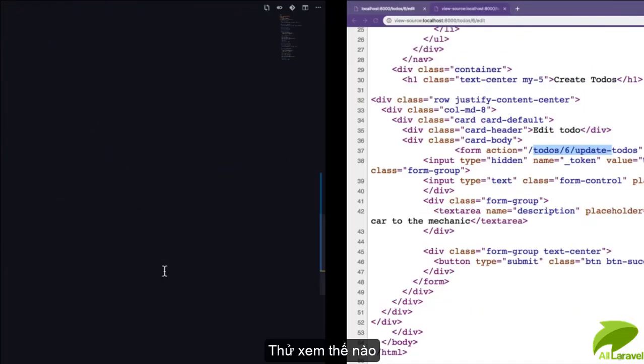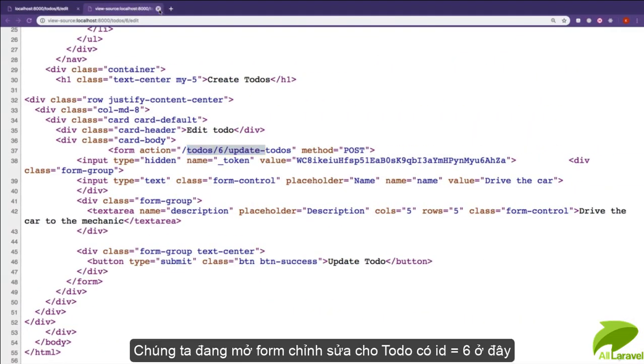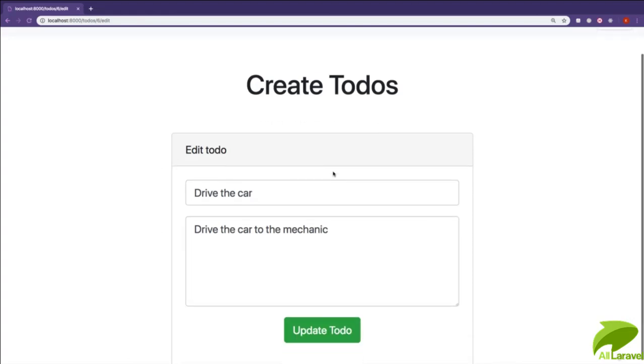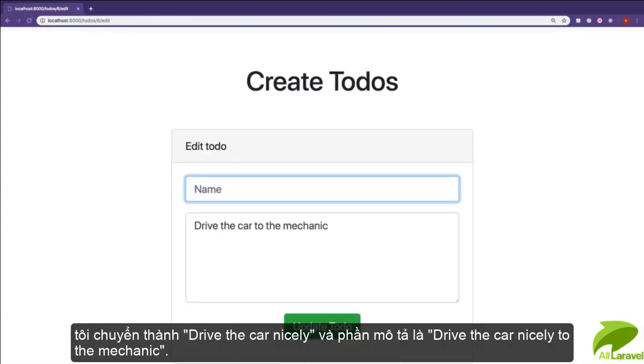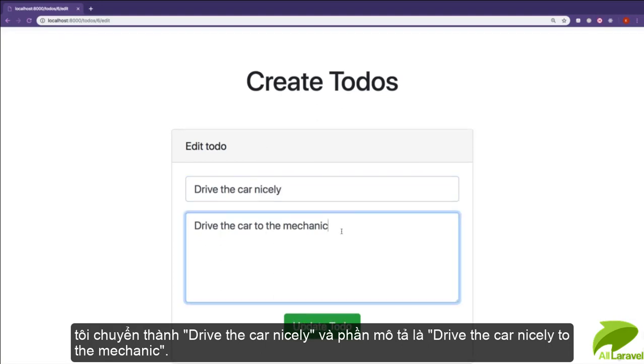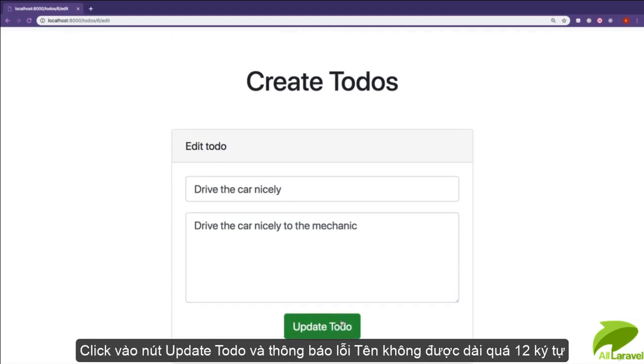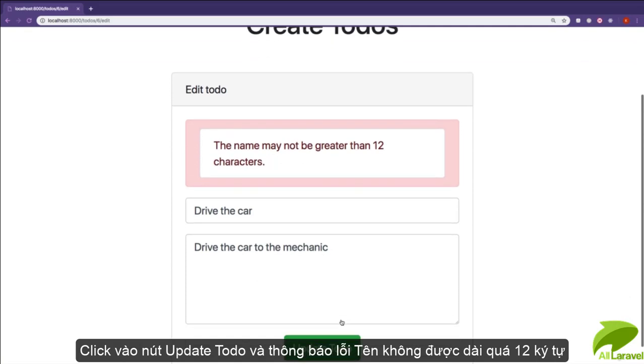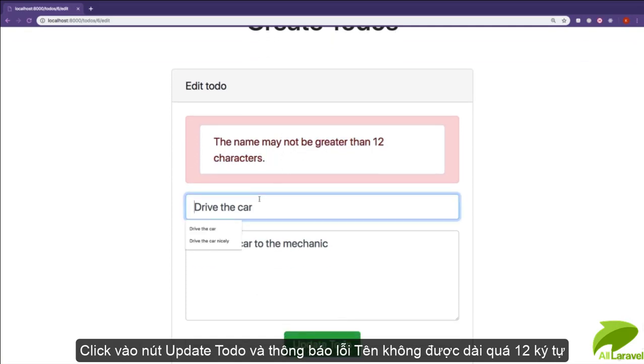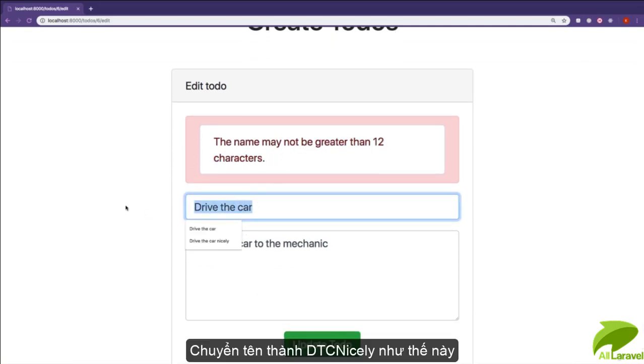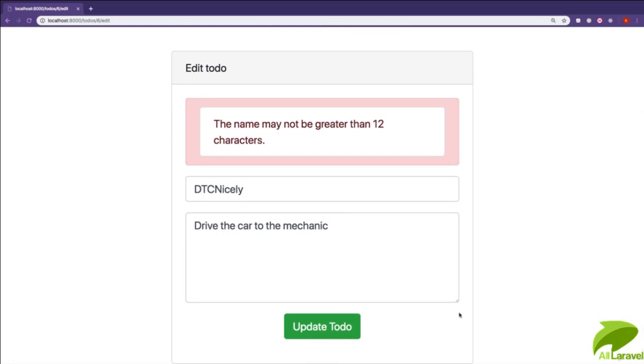So let's try this out. I'm just going to open up the edit right here. It says drive the car. I'm just going to say drive the car nicely to the mechanic. So let's update the to-do, and it says the name may not be longer than 12 characters. Oh, that's right. So let's go ahead and update this to drive the car nicely as such. Okay, so if I click on update,